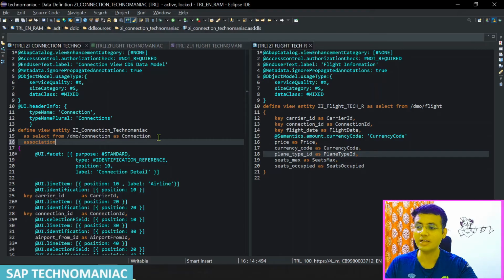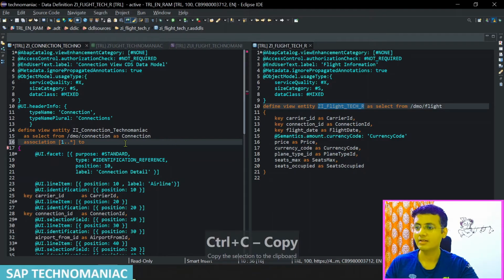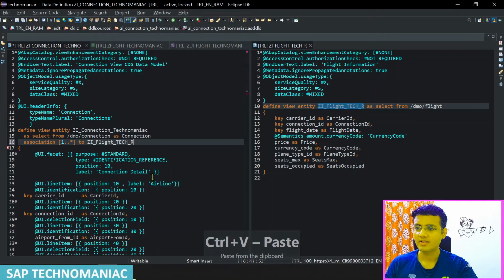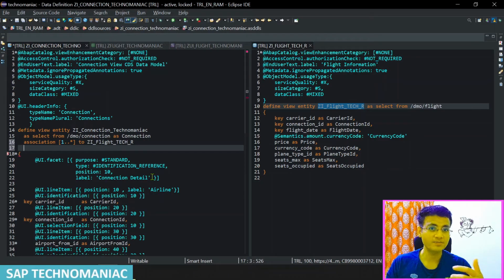Here we are going to use association. We have to give the cardinality. Obviously this should be 1 to star in this case, because a particular connection can have multiple flights. In one connection, from one airport to another airport, we can have multiple flights on different dates. So that is the reason we have the 1 to star relationship, association to this particular interface view. Once we give the association, we have to give some on condition,